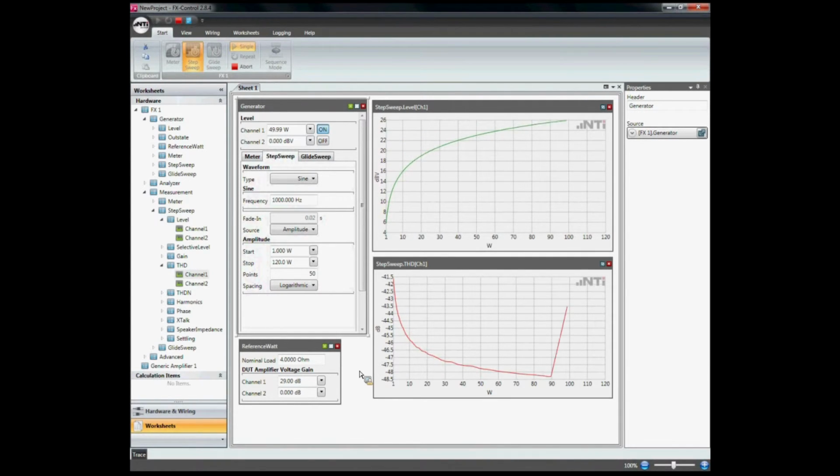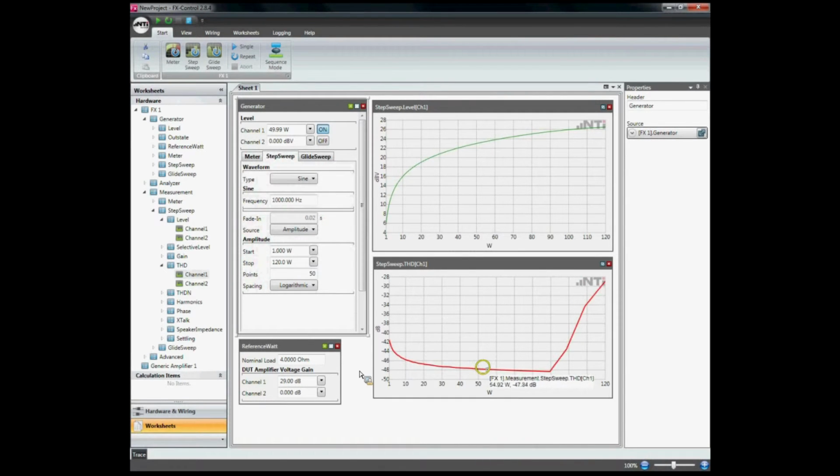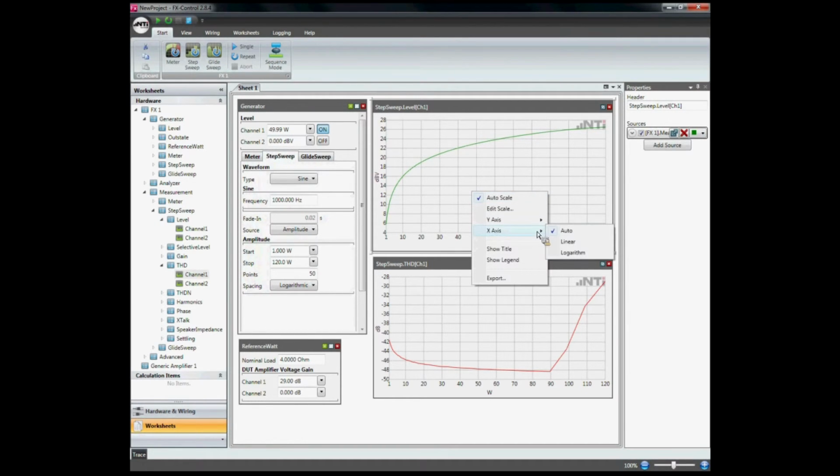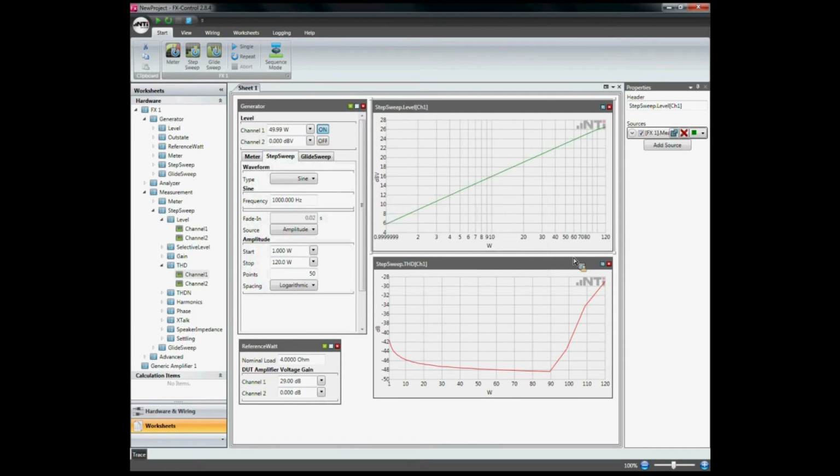This is basically the same as what we did before, but now you see this curve has a bent shape. It's no more straight, and the reason is very simple. Down here we have a linear unit, the watt, and here we have a logarithmic unit, the dB volt. So we have to change the scaling of the x-axis to logarithmic, and then we have again our nice straight line that shows the linear behavior of our amplifier. The same down here: we change the x-axis to logarithmic scaling, and we have the same picture as before for the distortions.